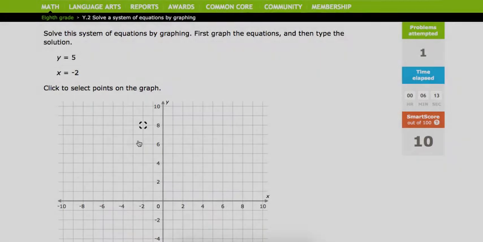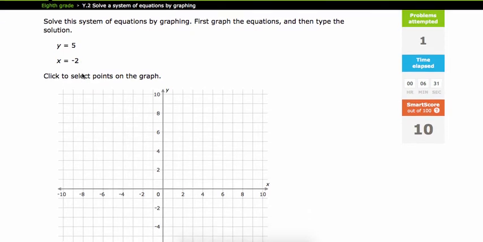Okay, the next one we're going to look at is solve the system of equations by graphing. First graph the equations, then type the solution. So here my system looks a little different. My first equation is y equals 5, and my second equation is x equals -2. So if I wanted to graph this,